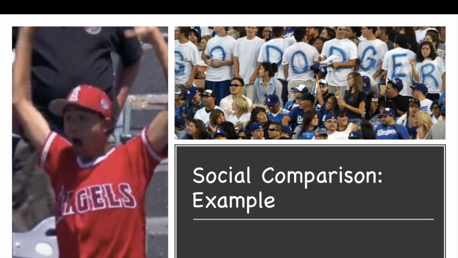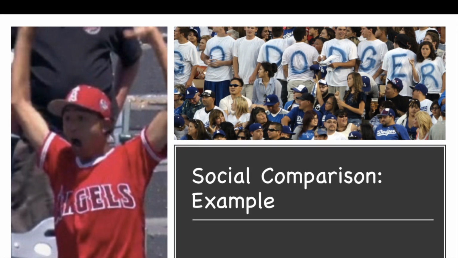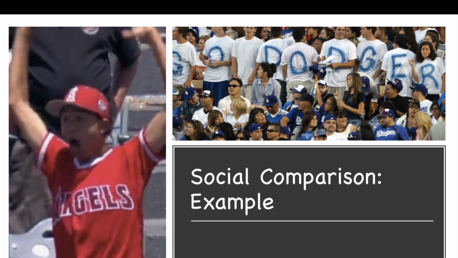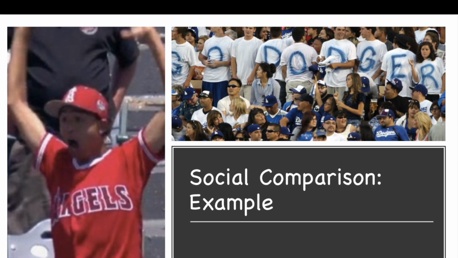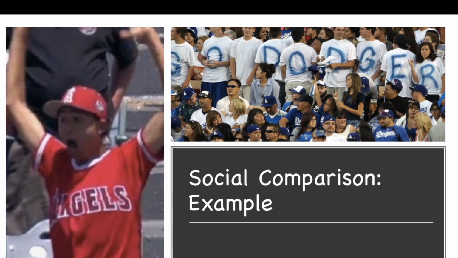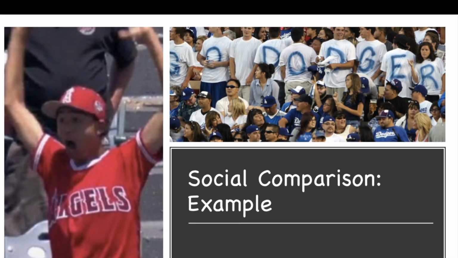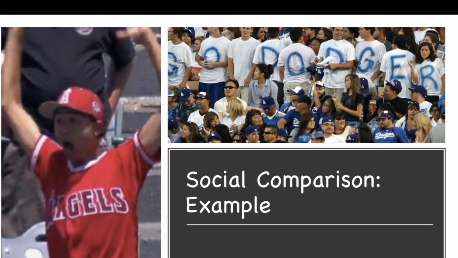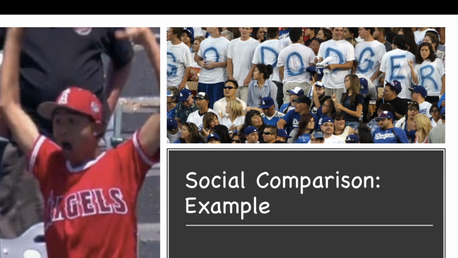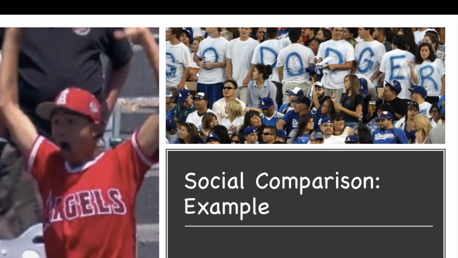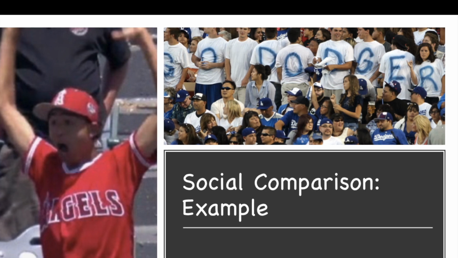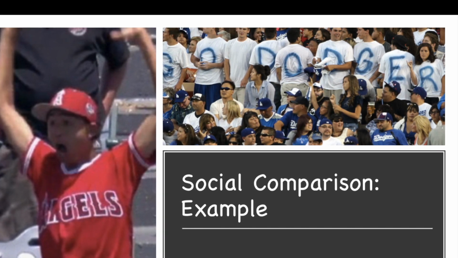You and your group of friends identify as Dodgers fans. You are in class one day and notice a student in class wearing Angel gear after the Dodgers lost their 7th World Series game. In order to increase your self-esteem, you might compare the Dodgers, in this case the in-group, to the Angels, the out-group, by mentioning that the Dodgers were at least good enough to make it to the World Series this year in general.